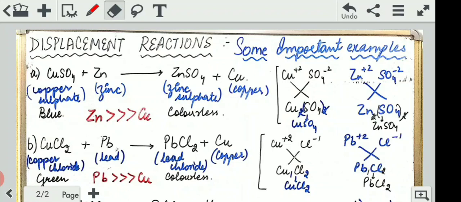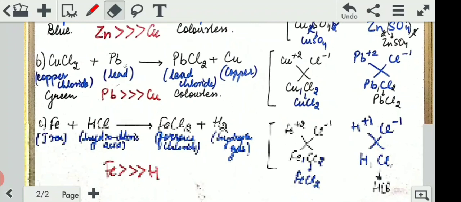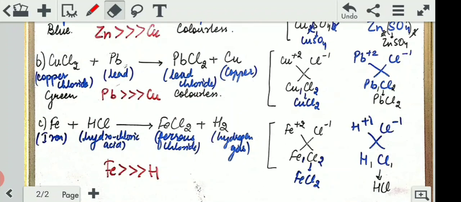This is how displacement reactions take place, when one displaces the other, right? Similarly, in the next one, you can see copper chloride, CuCl2. Now how is this formed? Copper is +2, Cl is -1. So the 1 comes here, the 2 comes here, and it formed CuCl2. While PbCl2 was formed this way: Pb +2, Cl -1, the 2 came this side and the 1 came here, so PbCl2. Same thing happened here. Lead was more reactive than copper, therefore it came and displaced copper from chlorine and itself formed a bond with it. Therefore PbCl2 was formed and copper was left alone.